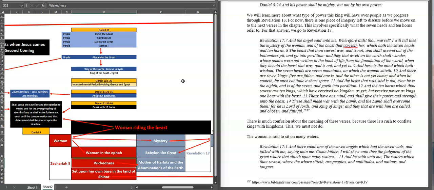Which hath the 7 heads and 10 horns. The beast that thou sawest was and is not, and shall ascend out of the bottomless pit and go into perdition. Well, we already know that because he is the angel of the bottomless pit, currently in the bottomless pit, which is why he is not. And we're told he will ascend out of the bottomless pit in Revelation 11:7 and Revelation 13:1, sister passages. So we already know that part.